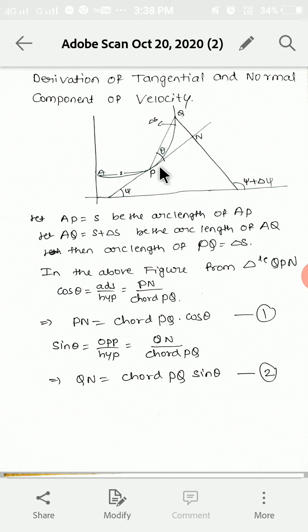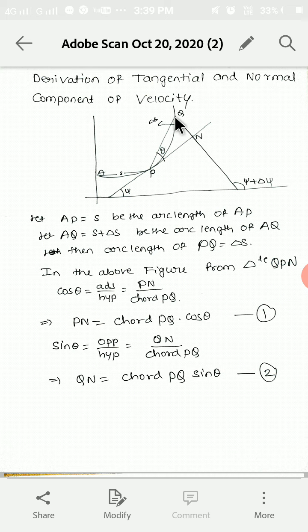Now let a particle move from the point P to Q. What is the displacement then? When the point is at P, the tangent is at this position. When the point moves to the point Q, the tangent takes this direction, and this is the position. Therefore the displacement along the tangent is Pn.